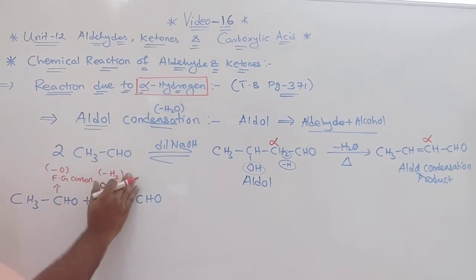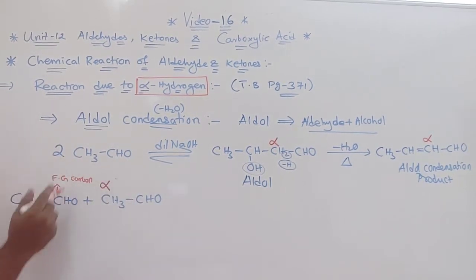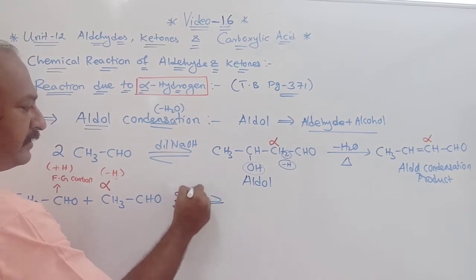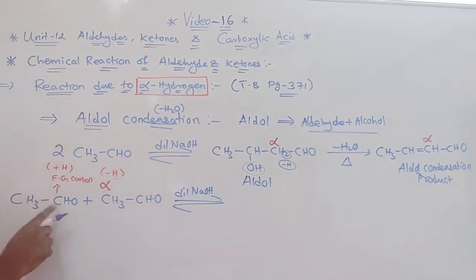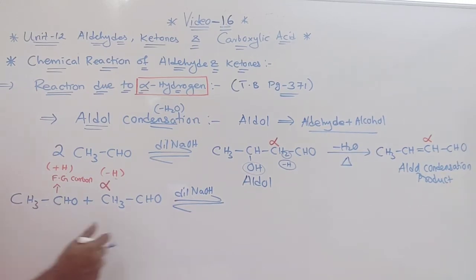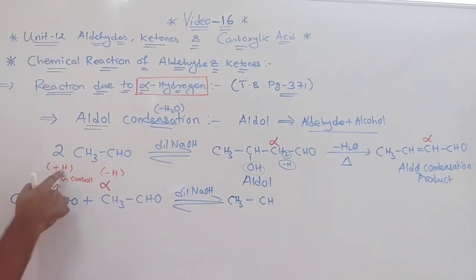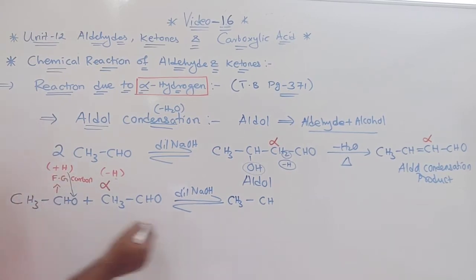So directly you will get the product also. Understood? If you didn't understand, another way is there. To the functional group carbon, you add one hydrogen, and from the alpha carbon, you remove one hydrogen, like this. Now pay attention. Here I write dilute NaOH, used as a catalyst. On the oxygen, you can add a hydrogen. So in this case, what will happen? CH3CH, now this is the CH I am talking about, and on that O I will add this hydrogen.